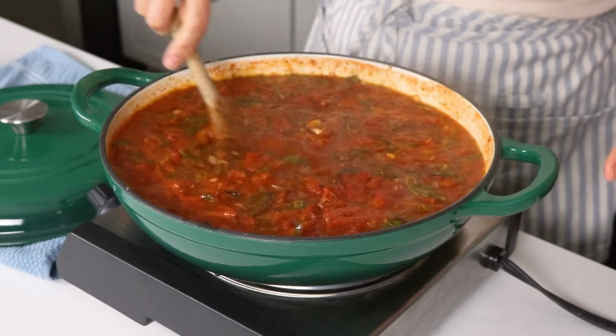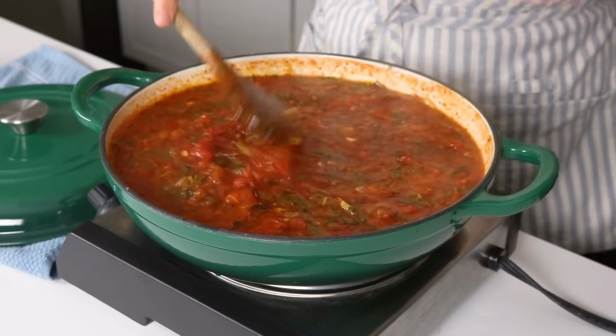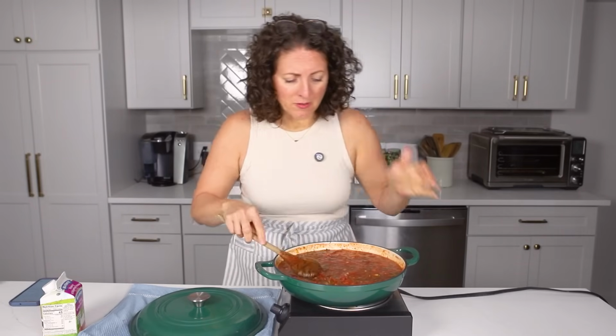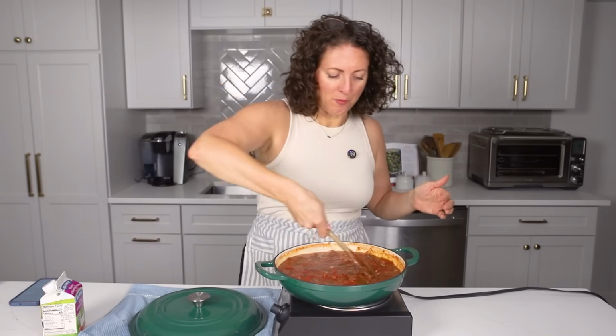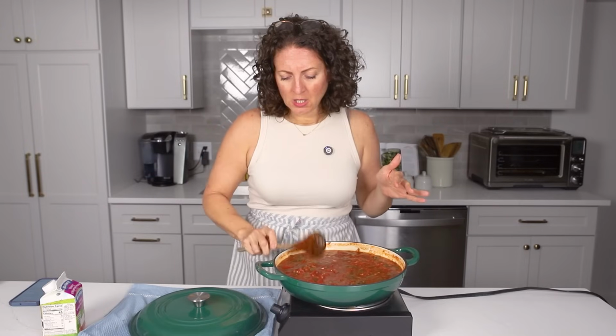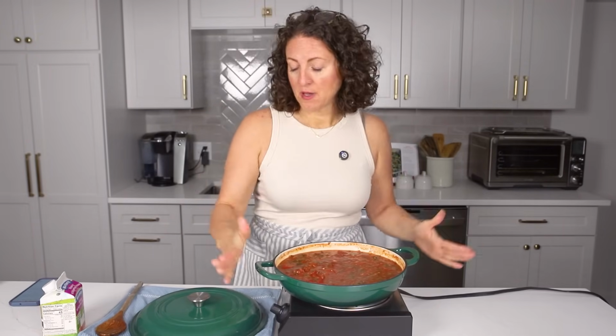What we're gonna do is puree this soup. You have a few different options. You could probably use like a food mill. I'm not doing that. You could also maybe use a food processor. I haven't tried that method, but that should work. You could definitely transfer this to a blender. You want to be careful putting hot liquids in a blender. Make sure that some of the steam can escape. What I'm going to do